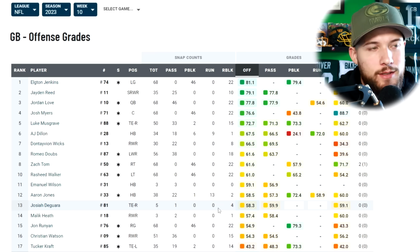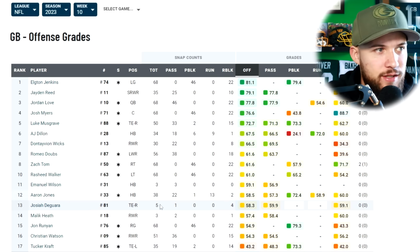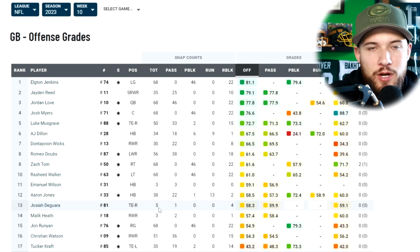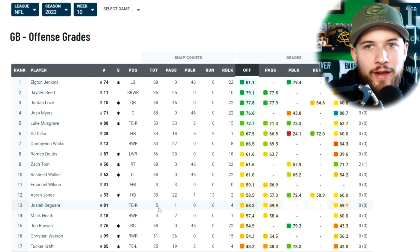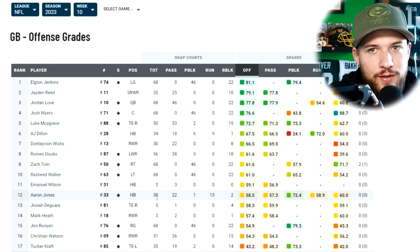Josiah DeGuara, 58.3. This guy is down to like 5 snaps on offense, and even when he's on special teams, he's just letting a guy run right by him to block an extra point. That completely changed the game. At this point, I'm over it. I'm over Josiah DeGuara. I don't think there's any saving this guy, this 3rd-round draft pick. I feel like that ship has sailed, and this will be his last year in Green Bay,